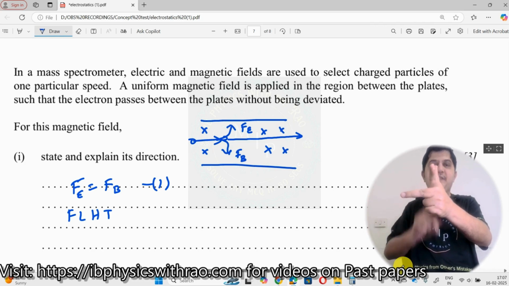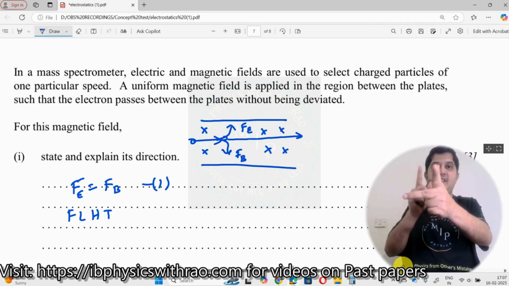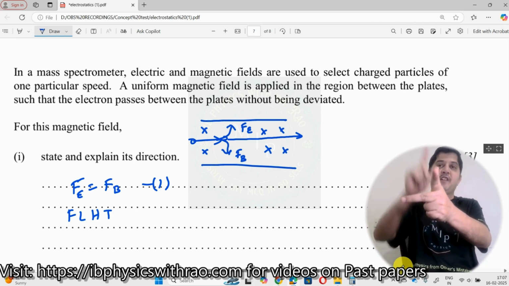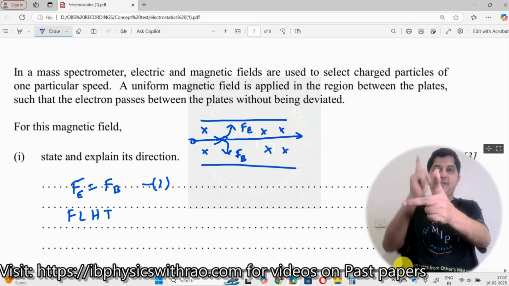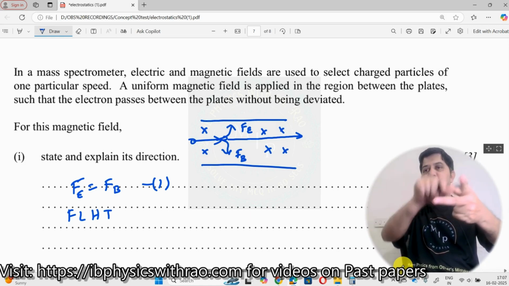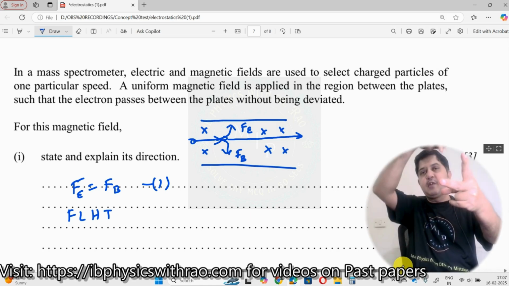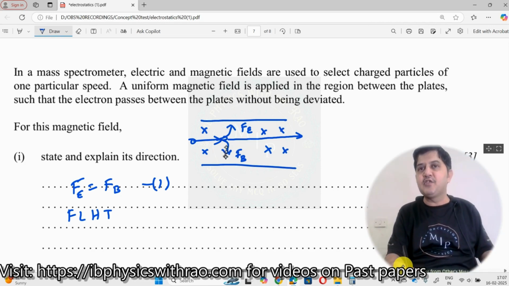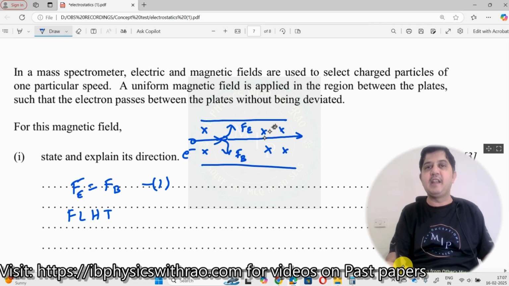Then what can happen is forces in the upper direction, which means if this was a positively charged particle, then the particles would have an attractive force upwards. Since it's a negative charge, I can flip this thumb downwards. When it's downwards, that means there's a force acting downwards. That is the reality. I want the magnetic force to be applied downwards. So this is possible only for an electron moving like this, and the magnetic field should be directed downwards.